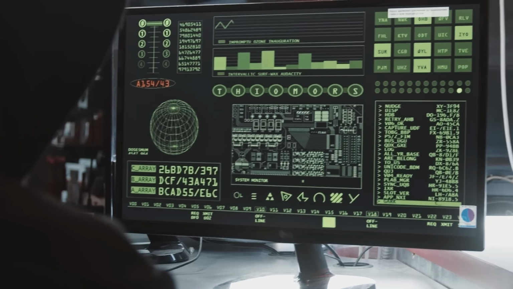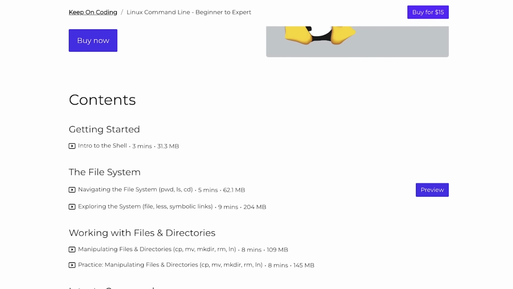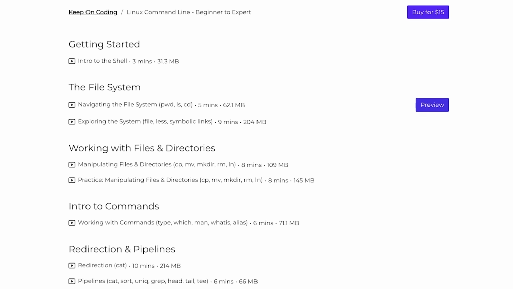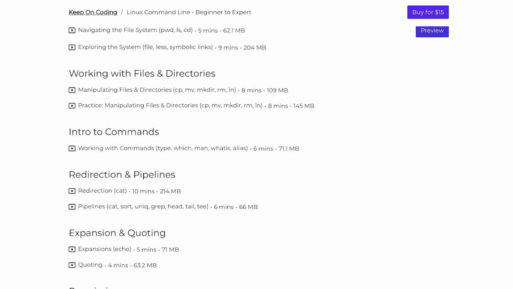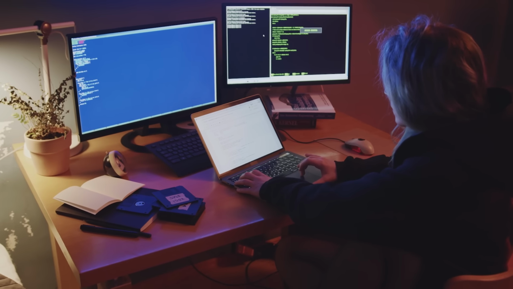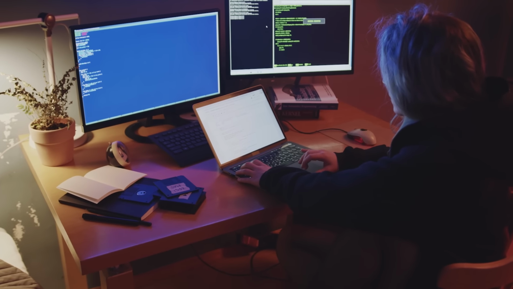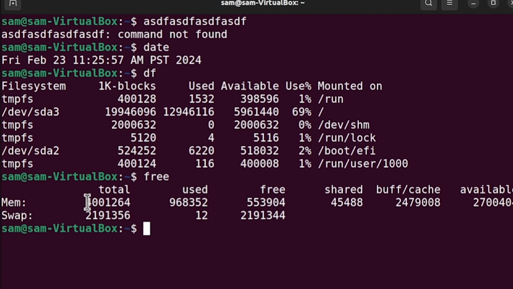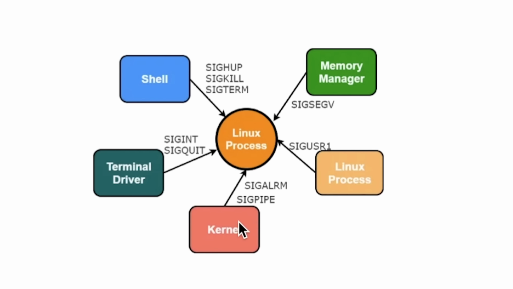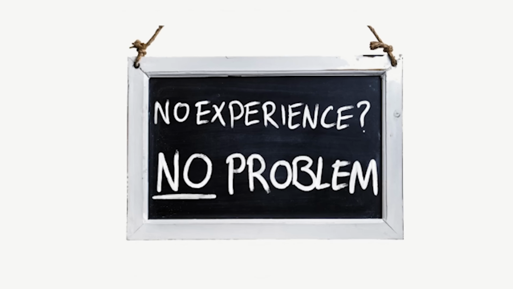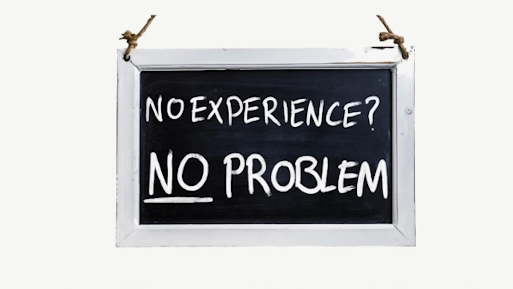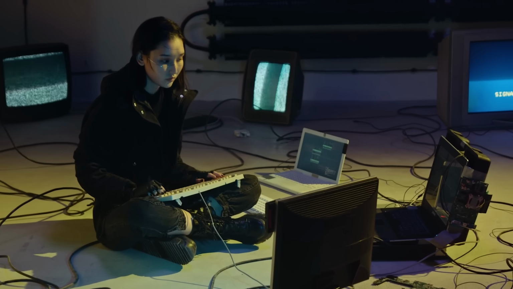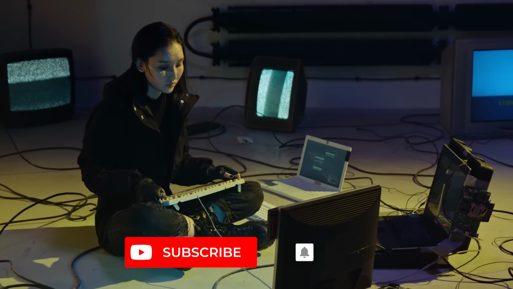In this course, you're going to learn everything you need to know about the Linux command line, from the basics to more advanced concepts. So by the end of this course, you'll be able to fully navigate around the command line with confidence. If you're looking for a comprehensive, easy to follow and well-organized course that takes you from zero to hero, you're in the right place. You don't need any prior knowledge of Linux or the command line. Everything you need to know is in one place, so you don't need to jump back and forth between random